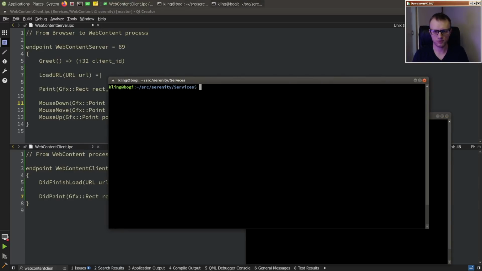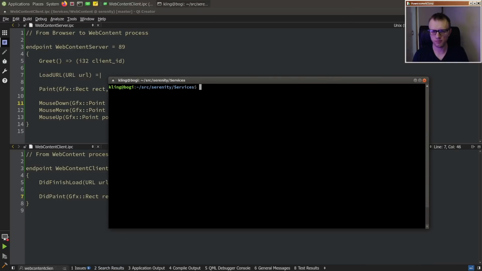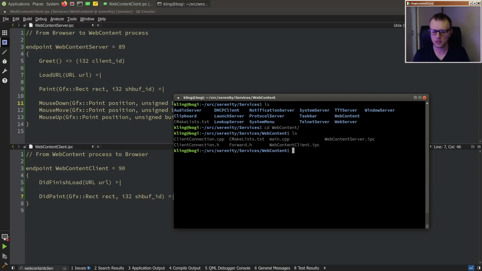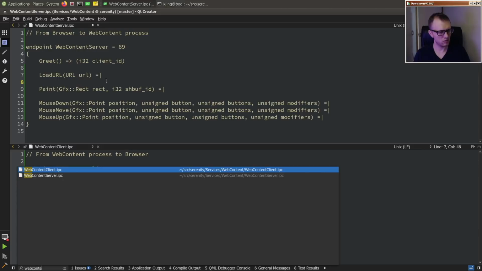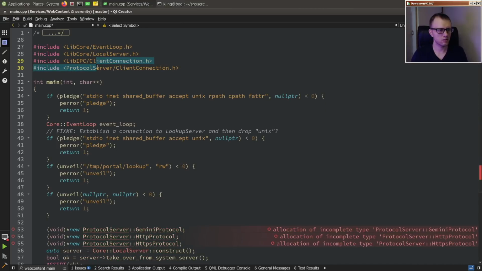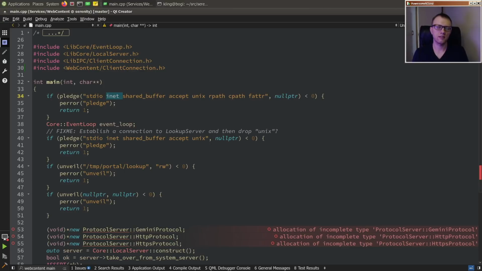And wait, is this thing mounted here? It was, all right. Wait, I want it to be here. Web content, and then we want to edit the web content main. So we can definitely strip down his privileges quite a bit already, I think. Web content. So we'll be starting with that inet, no internet access. Maybe we can skip these things too. Like you don't really need to read anything. I think